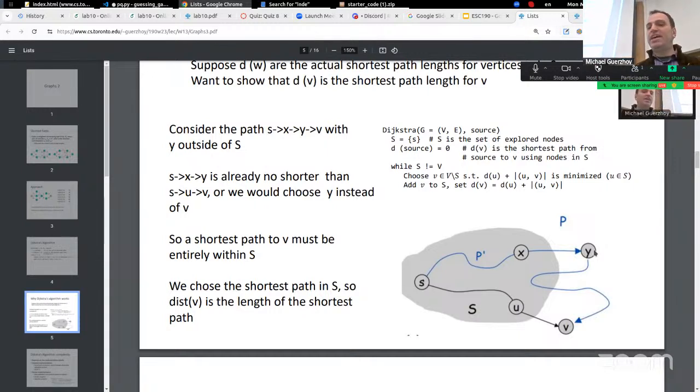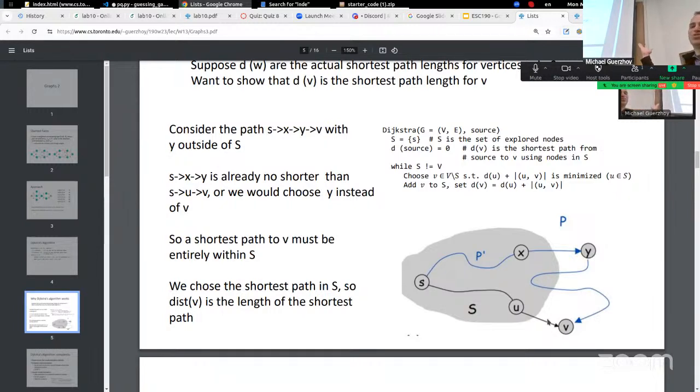And the claim is if S to U plus UV is as small as possible, then it's definitely the case that the way to get to V that's the cheapest is S to U and then UV. I'm not going to test you on the proof for why that is, because I don't know a question other than reproduce the proof, which would be silly. And then we'd have to read the proof, which would be terrible. But